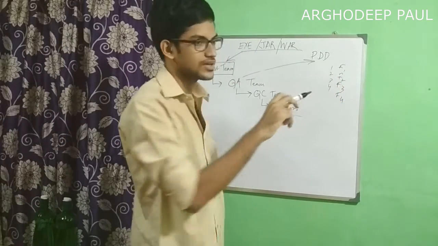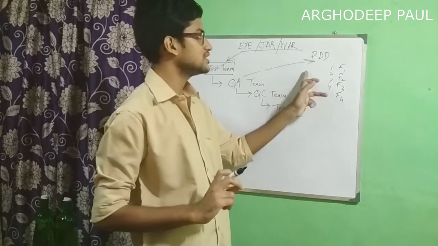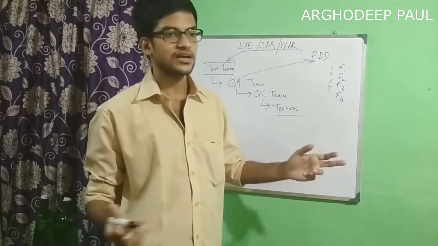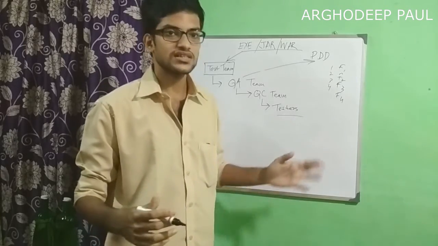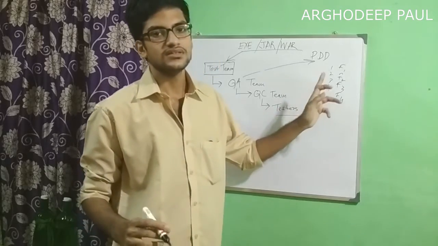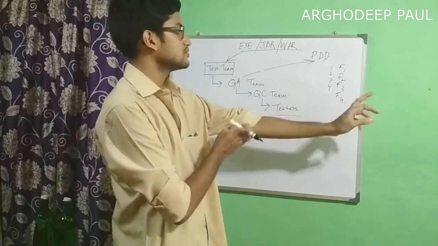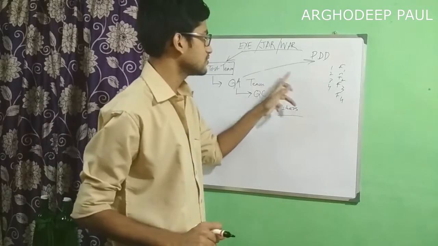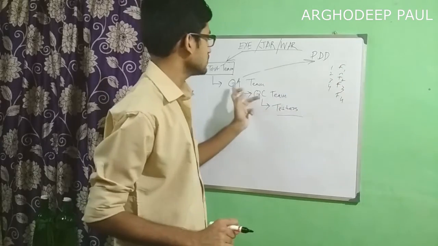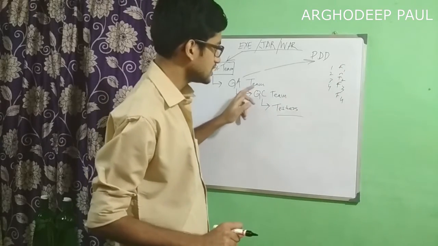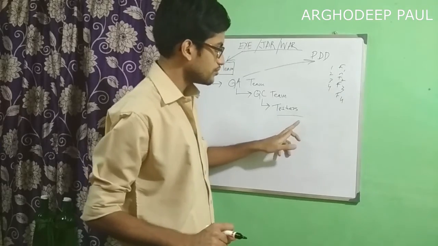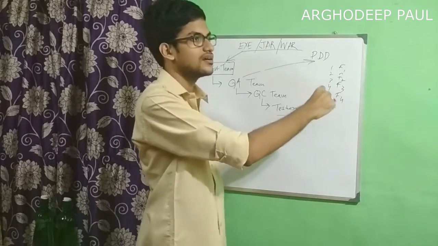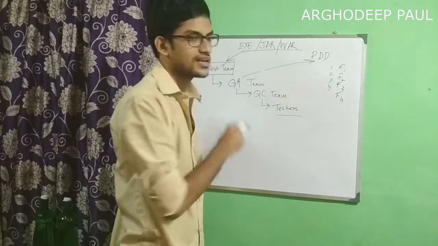These are 4 features that we are expecting from that application, which is well defined in the PDD. These generally come from the end user. It's better to say the client. The client will tell you the requirements. So these are the 4 features that we are expecting from this application, and the QA team also knows these features. So they will lead the QC team, and QC team will lead the testers to make sure that all of these features are well working, are functioning in the final application.